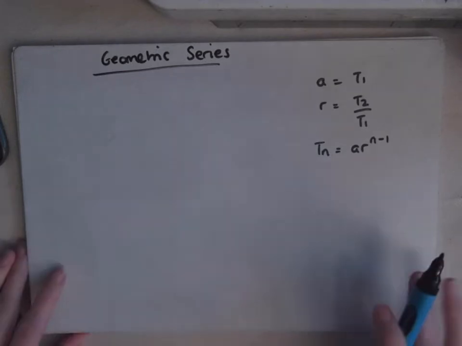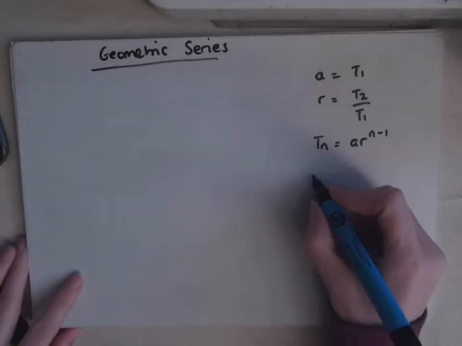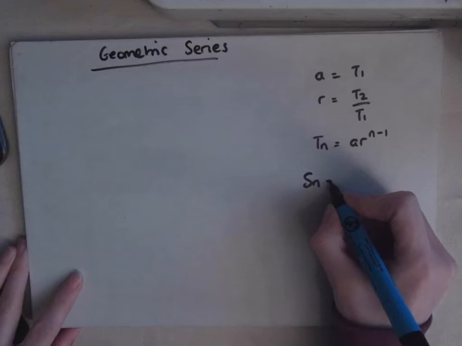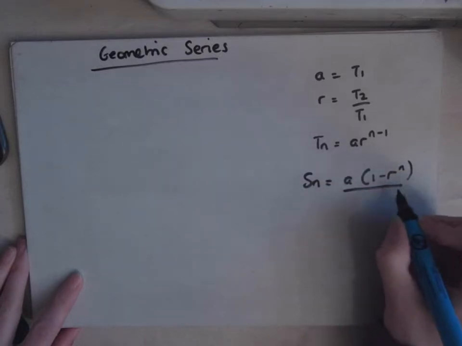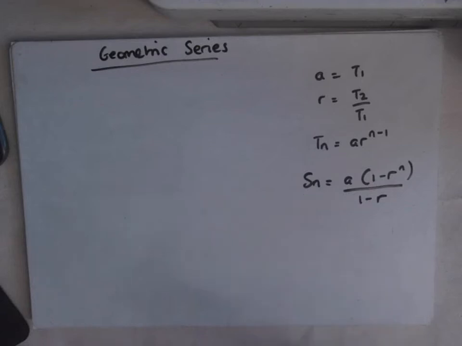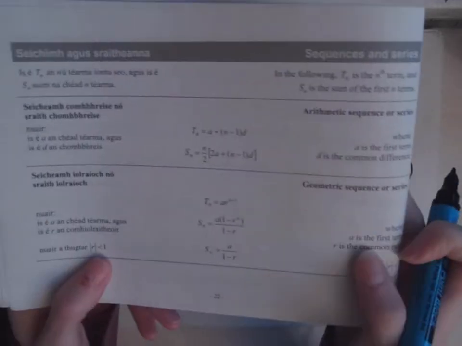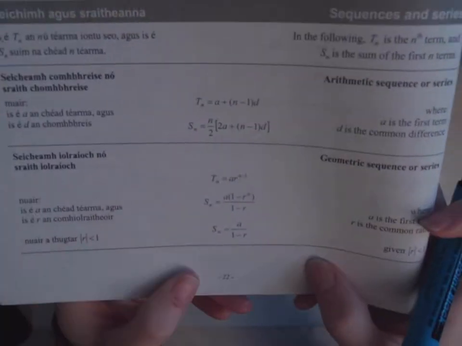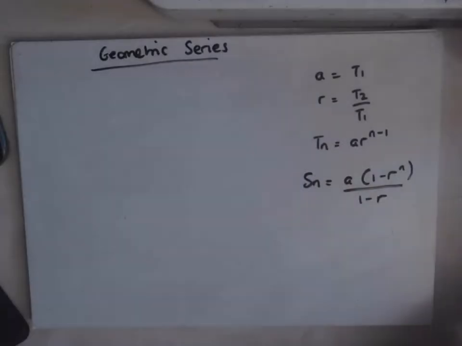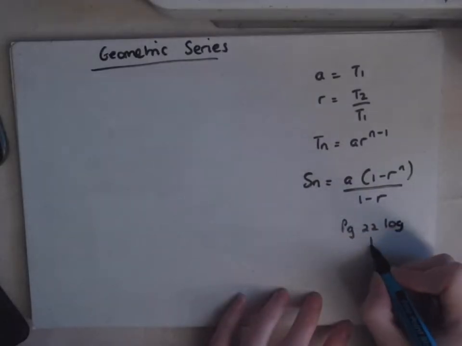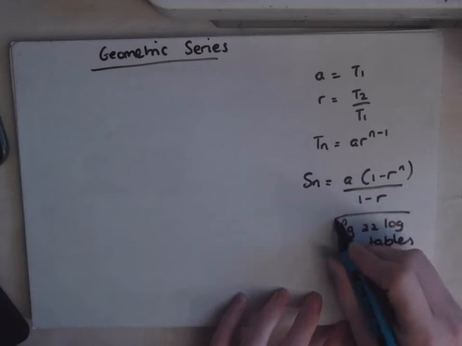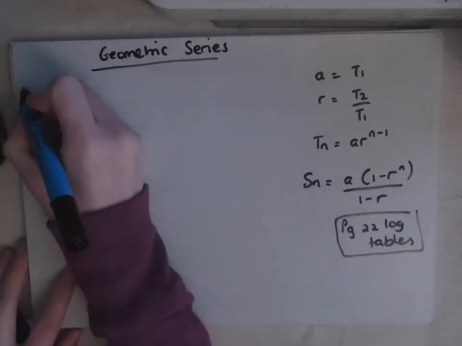Okay, so for a geometric series, we have Sn, which is a(1 minus r to the power of n) over 1 minus r. Now that is in your log tables here on page 22, so you don't need to learn that off. So for example,